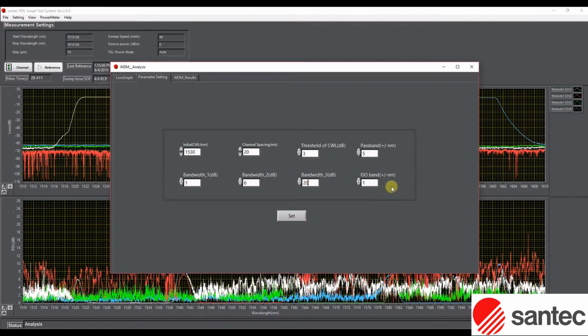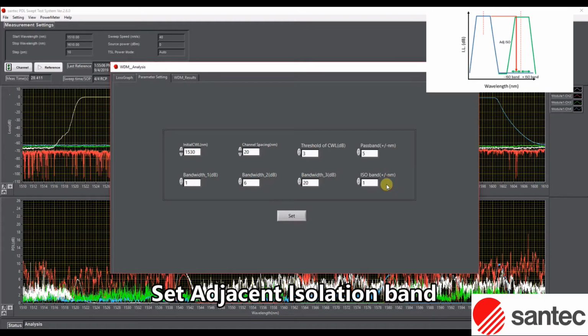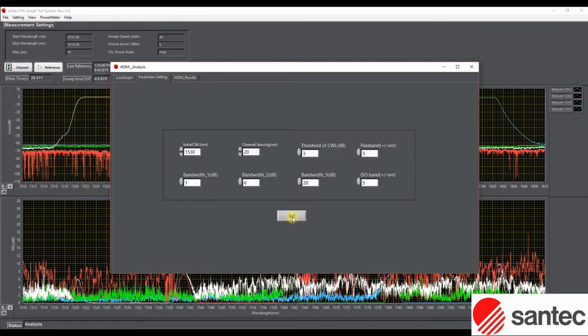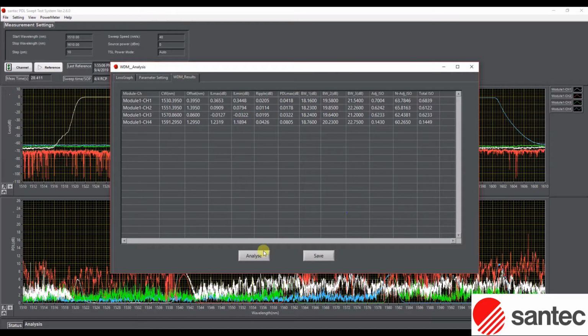The final parameter is the range of wavelengths to estimate isolation band, that is, the difference between the maximum insertion loss within the filter passband and the minimum loss occurring within the other filtering passbands. So here, for example, we will set this band as wide as the passband. Now that all parameters are entered, we click on Set to save these parameters and move to the last tab